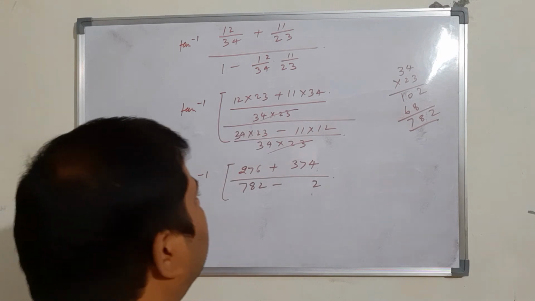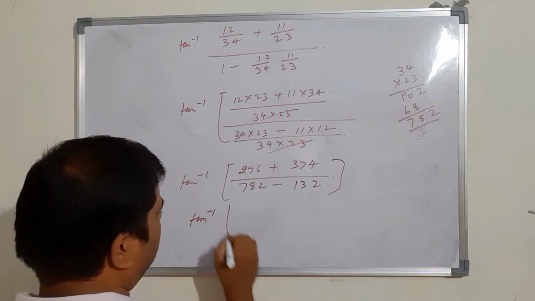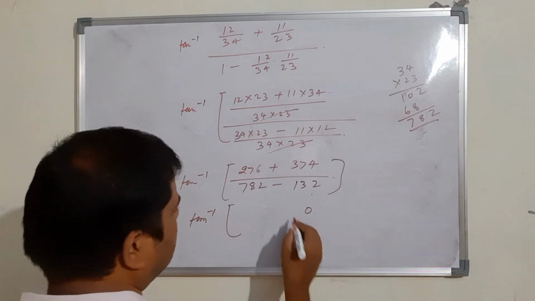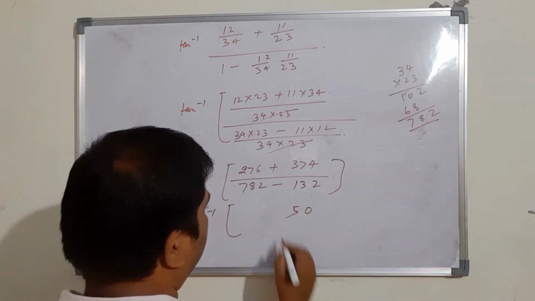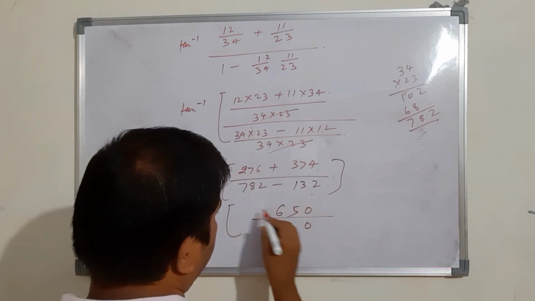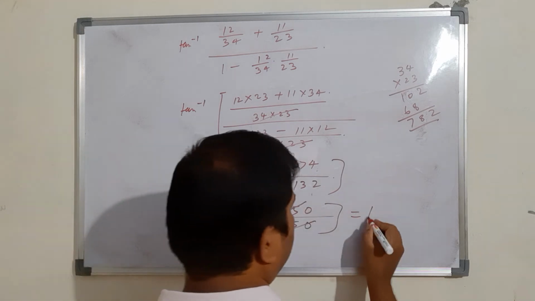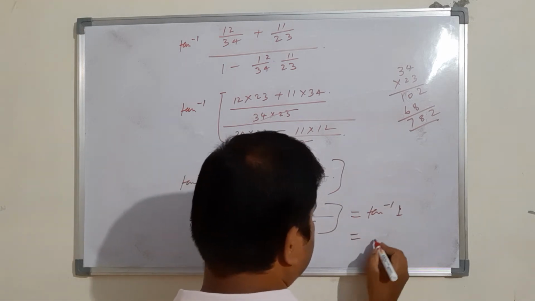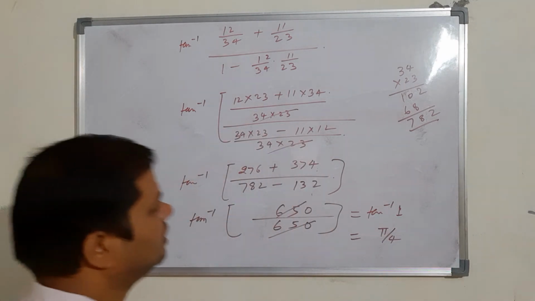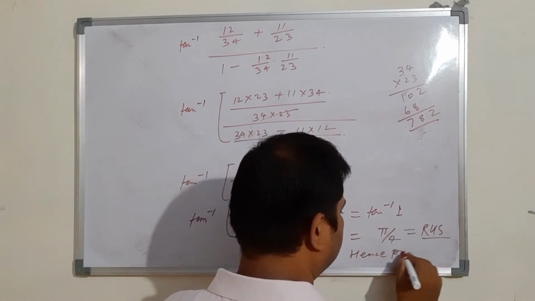And 12 into 1 is 12, 1, 13, and now tan inverse of 6, 4, 10, and this is 7, 7, 14, 15, 3, 2, 5, 1, 6 divided by this one is 2, 2, 0, 8, 3, 5, 7, 1, 6. So this becomes tan inverse of 1, and this is nothing but pi by 4. So this one is the RHS of this equation, hence proved.